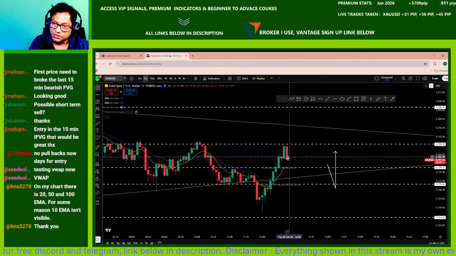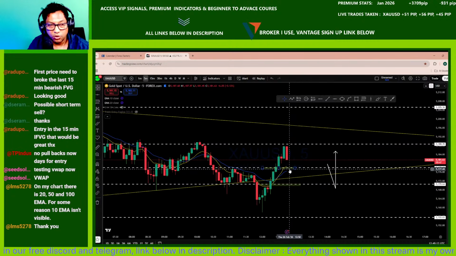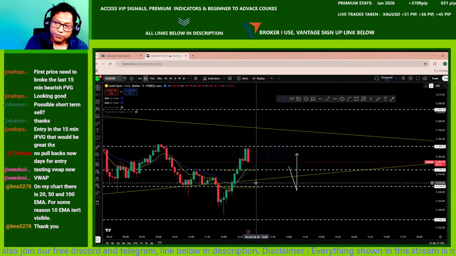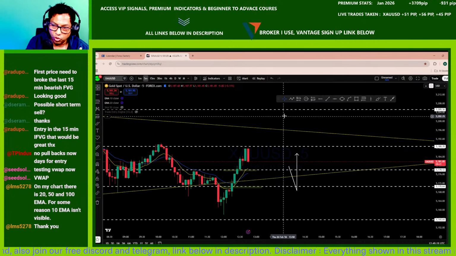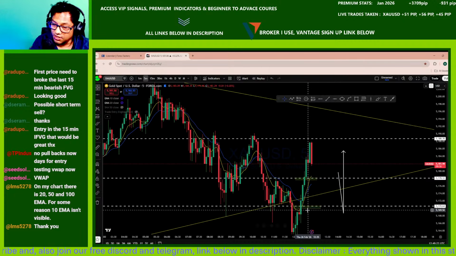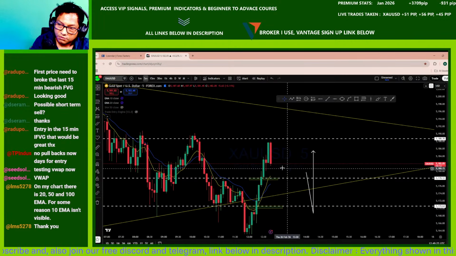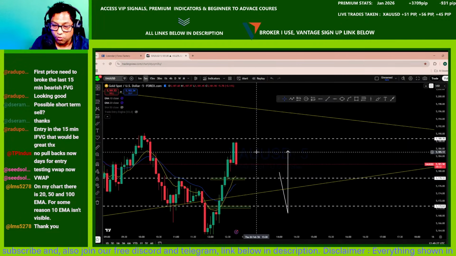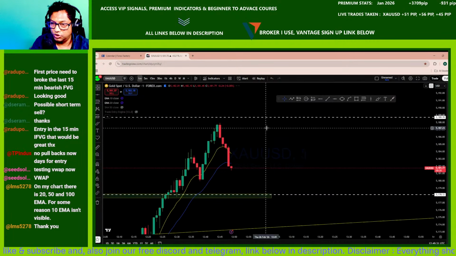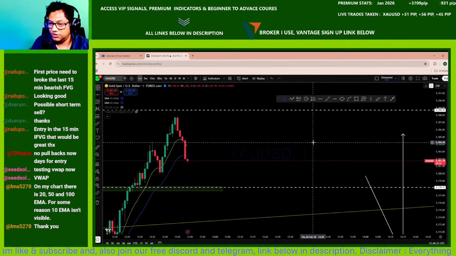Now this drop, we can consider it two ways. One is a reversal and coming down to the low. The other is that it is a pullback and then to enter buy, because the market has already made a significant amount of movement to the upside. We are looking at this market to see where the price action is heading.